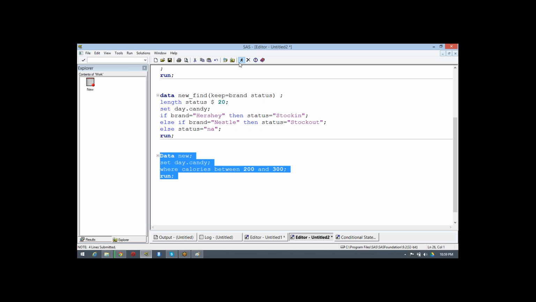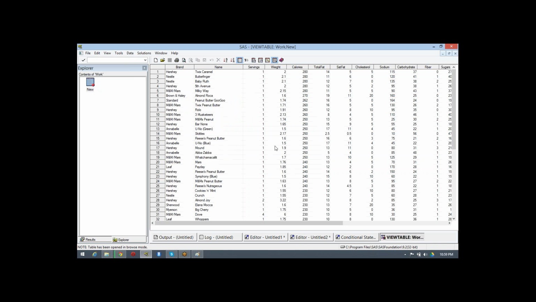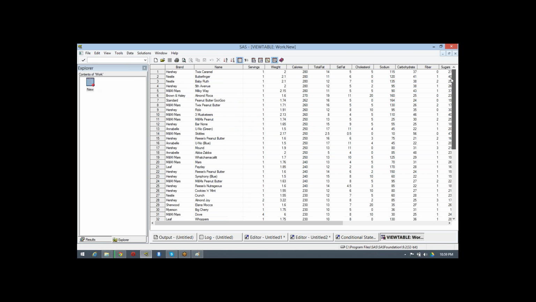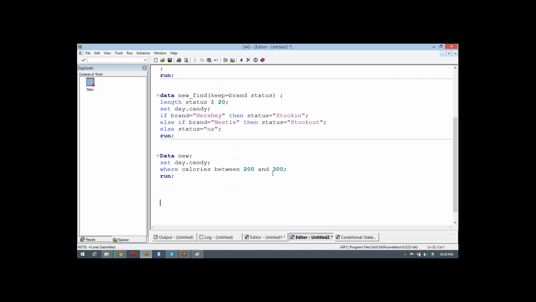You see, not going over that. We can also say where calories not between 200 and 300. So those calories will come which do not fall between 200 and 300.